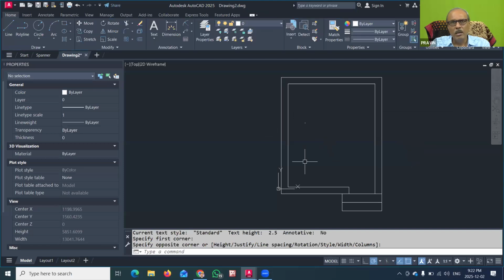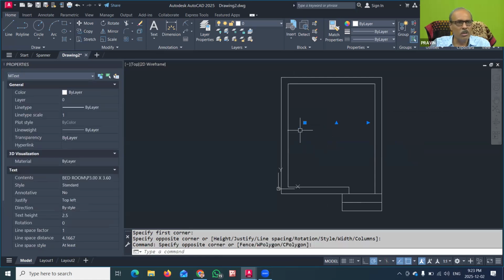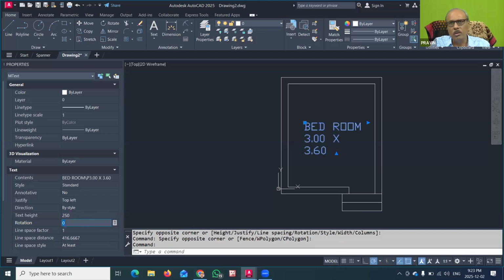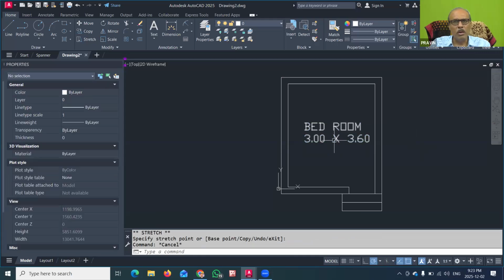So you can see that with this dimension of this building, the text is very small. That is another important thing that you have to remember. Whenever you draw text in a building drawing, we have to adjust the text type. You can also see that the difficulty we are facing is that the text is not visible. So first of all, we have to increase the height of the text. So I will go to this property panel and I will make this 250 instead of 2.5. Just now I have made it 250. Now you can drag this a little bit. So you see that this is now properly placed.